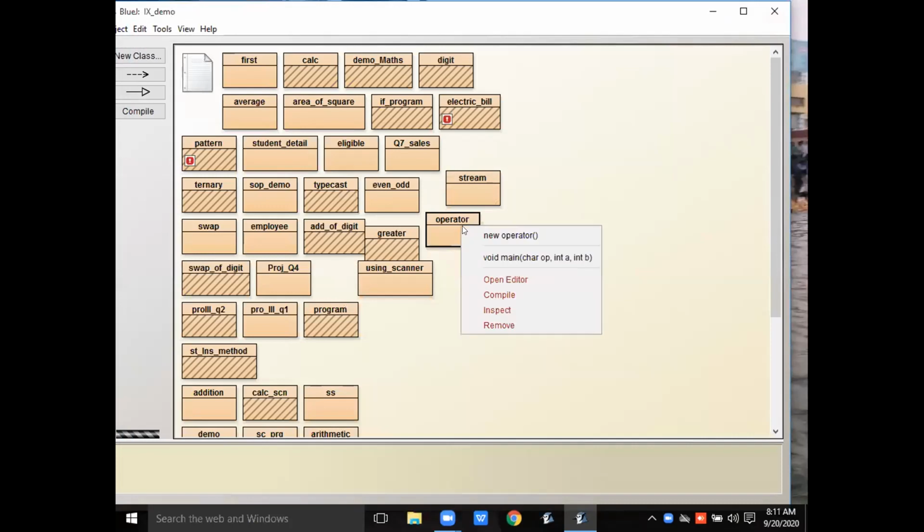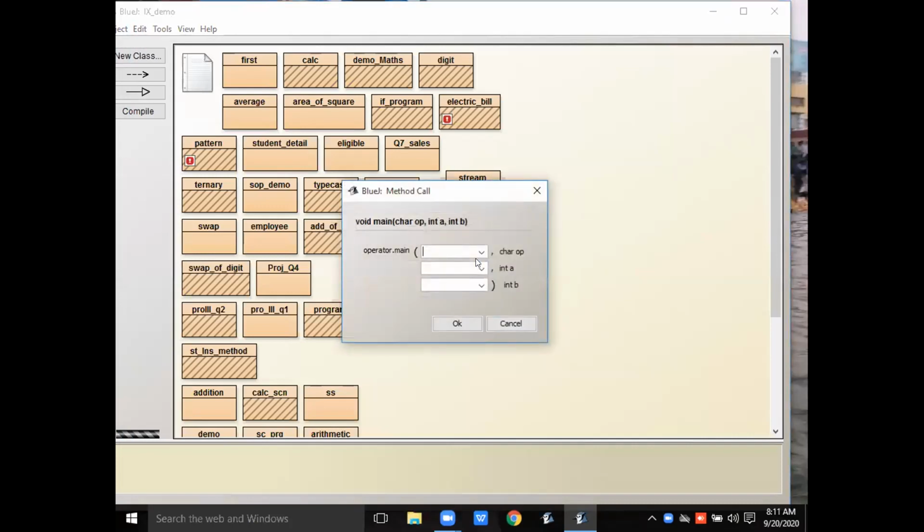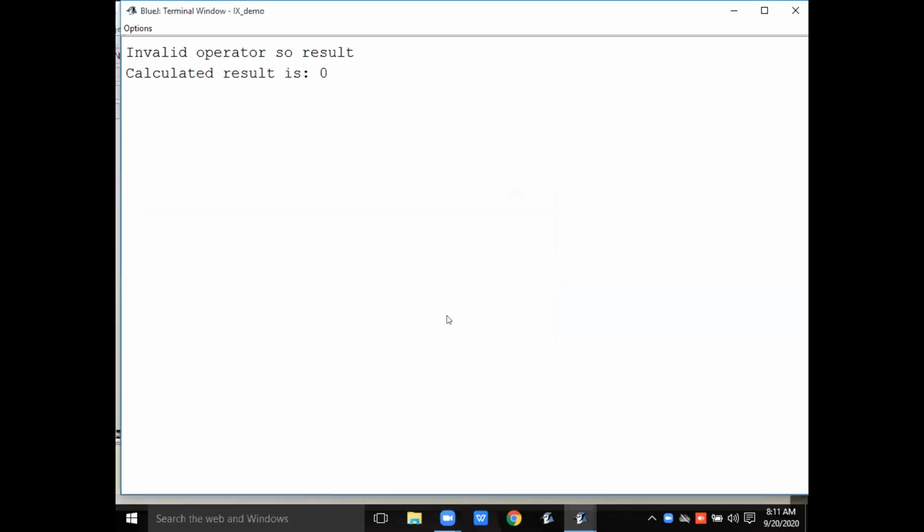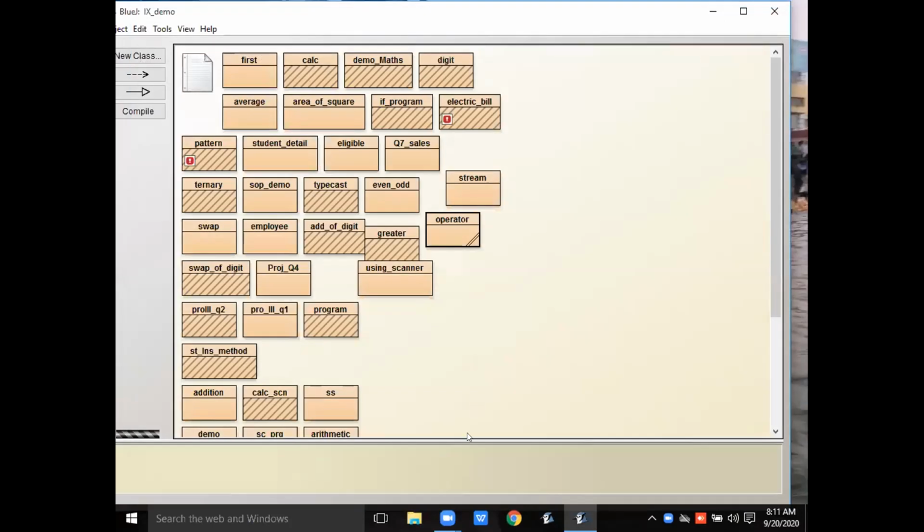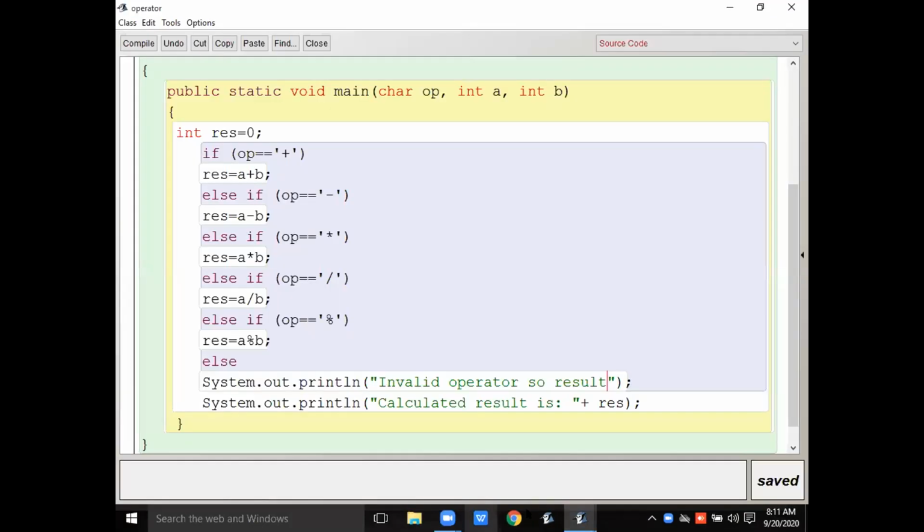Now I'm going to give an invalid operator, suppose a question mark, no, the greater than sign, then numbers. See that the calculated result is 0, invalid operator. Okay, write this program.